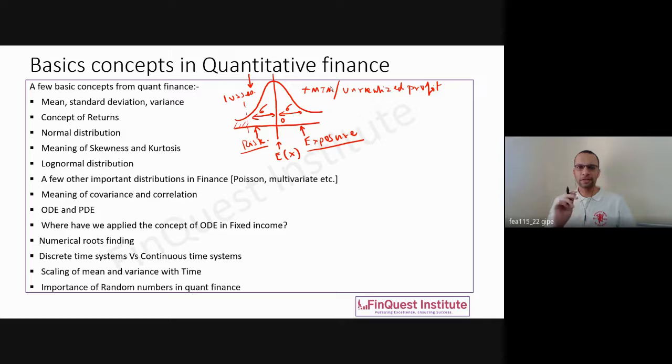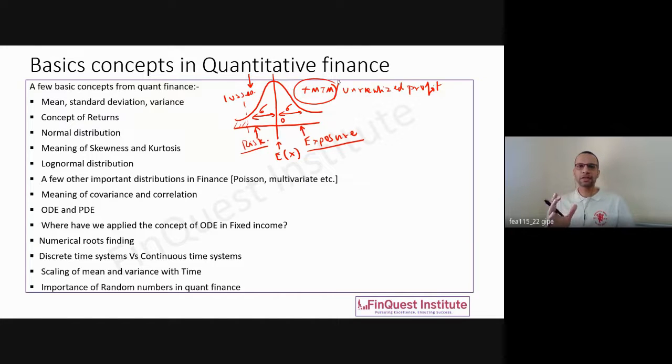Because if there is a negative MTM for a trade, the problem is for the counterparty. That is, tomorrow if I default, it's a problem for them, because they owe. I mean, I owe them. They don't owe me. So always remember, from an exposure management perspective, you need to have a positive MTM position, or you need to have a position whereby you are in the money. That is, you are expecting some kind of payment from your counterparty. So that is what you call exposures.